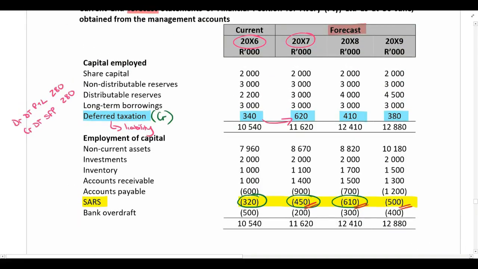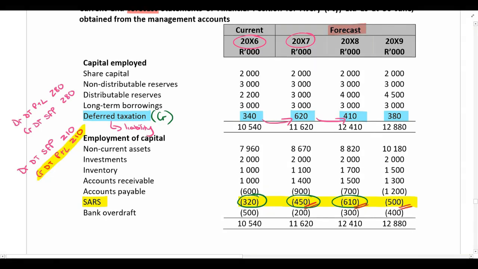From 20x7 to 20x8, we have a decrease in our deferred tax balance. So if it's decreasing, that means I am debiting deferred tax in my statement of financial position, and I'm crediting deferred tax in my statement of profit and loss and other comprehensive income. And we have a movement over here of 210,000 Rand. All right. So now this is obviously going to work the opposite way around,